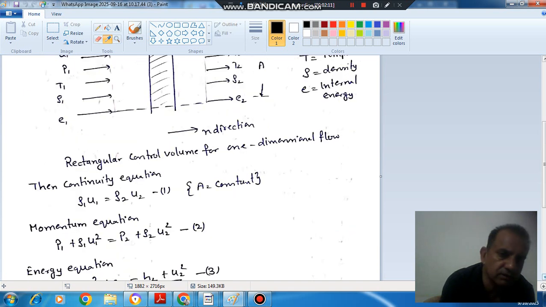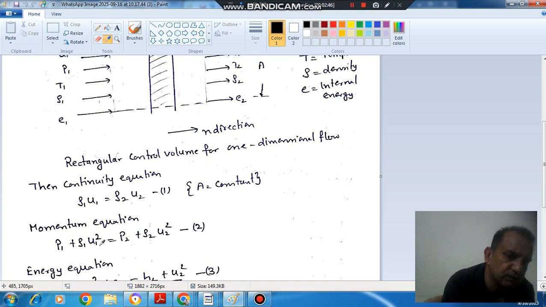So now next is your momentum equation. Momentum equation is related to force. So if we multiply pressure with area, then it will be a force. And here rho1 a u1 is your mass flow rate. Mass flow rate when multiplied by u is dynamic force. Rho a u into u is dynamic force. So this is the force or momentum per second here, and here it is P2 plus rho2 a2 u2 here.